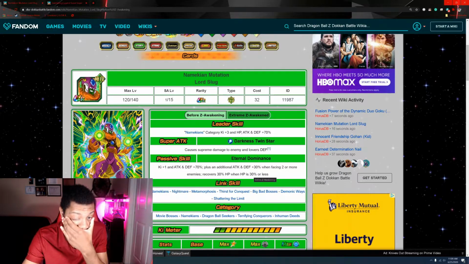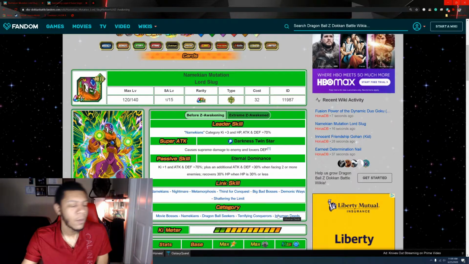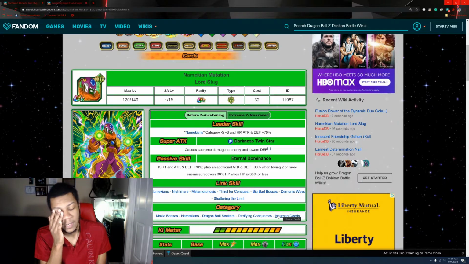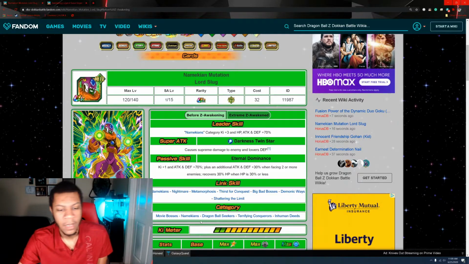And keep in mind, he's on movie bosses, Namekians, Dragon Ball Seekers, Terrifying Conquerors. He's also on Inhuman Deeds. I'm still really to be decided on how I feel about Inhuman Deeds as of yet, because Inhuman Deeds is kind of inconsistent. So I'm not even going to really comment on me feeling a certain way about them, because I just feel like the category Inhuman Deeds just doesn't have enough. We're not going to rant about this. This will be a whole different video. But